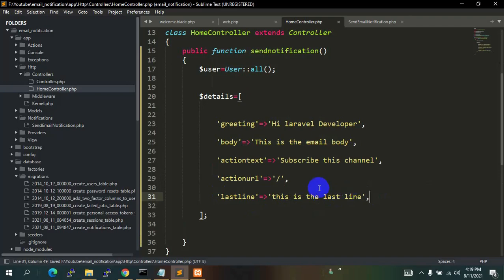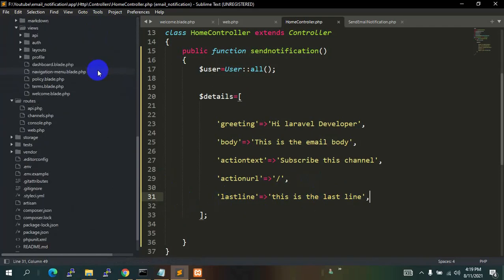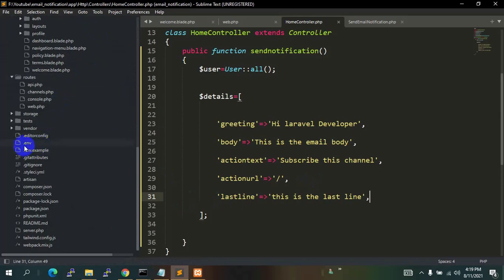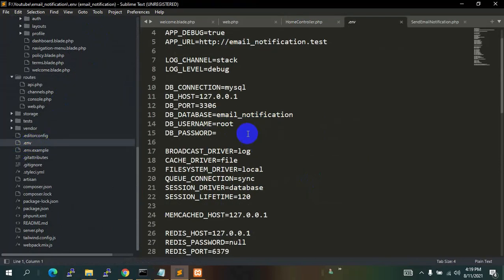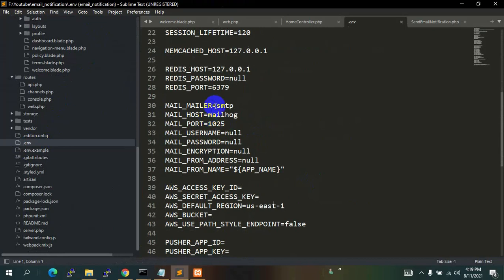So everything is set. Now the only thing left is we need to go to our env file .env, and we need to mention over here our email from where we want to send the email notification. So the mailer will be smtp, mail host will be smtp.gmail.com.